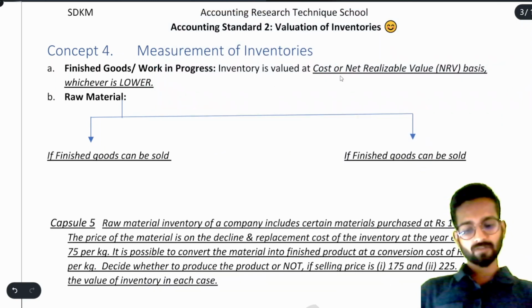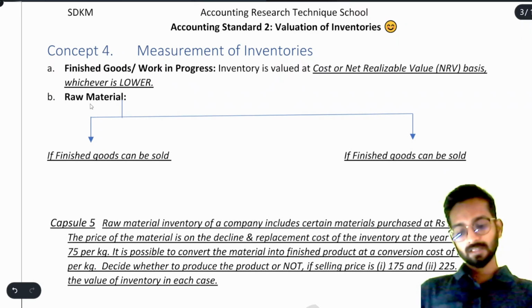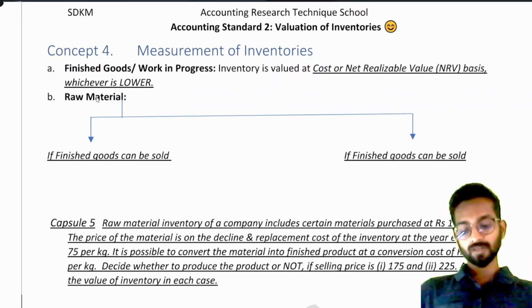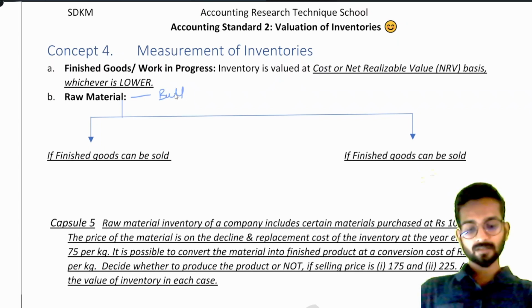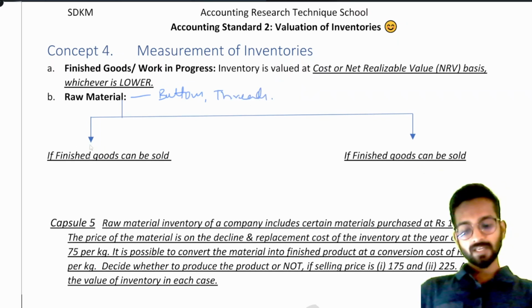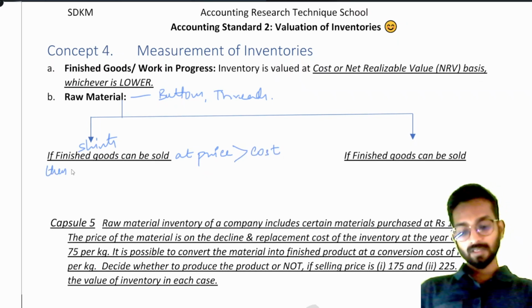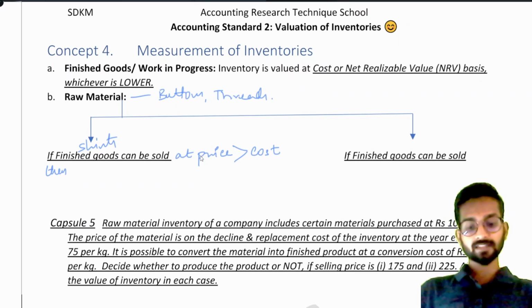Inventory is valued at cost or NRV basis, whichever is lower. Then about raw material, understand, it is very important what happens in raw material. Raw material should be valued, and there are again 2 points. See, raw material was what? Suppose buttons, threads, to manufacture the shirts. If finished goods, that is shirts, can be sold at a price which is higher than cost, then